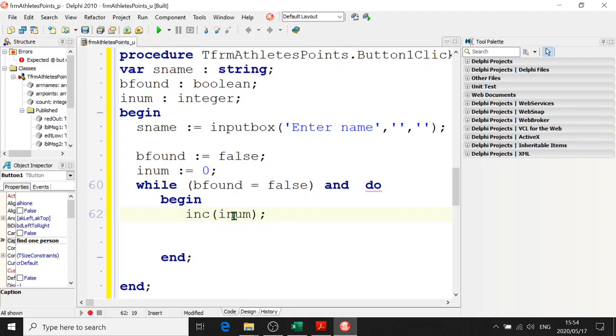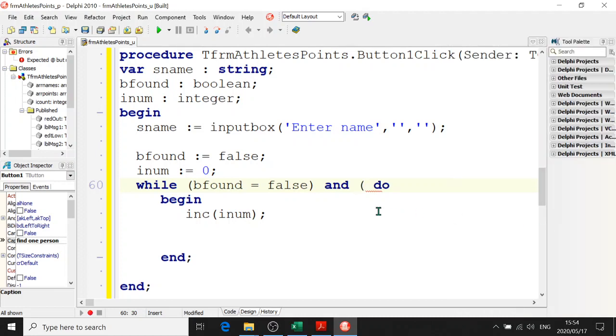So rnum is going to be our index number, and if we don't find a match, then rnum will be equal to our count, won't it? So while b found is false and rnum is less than our count,